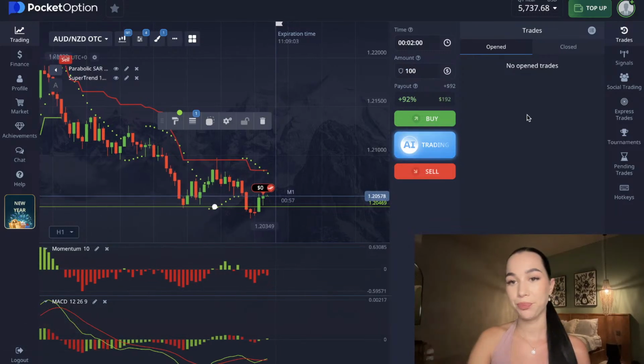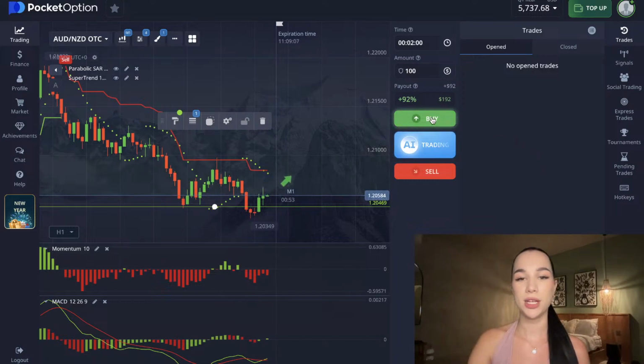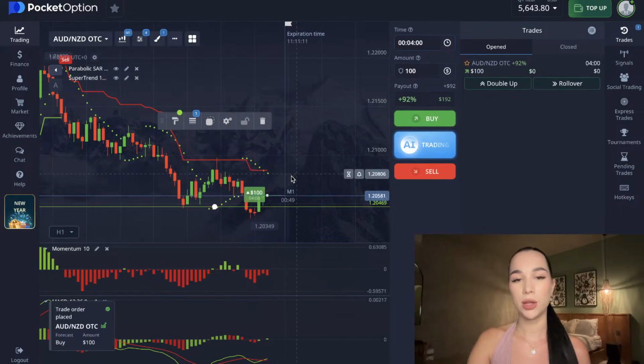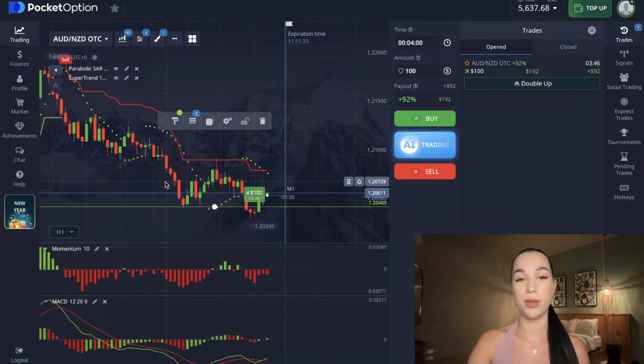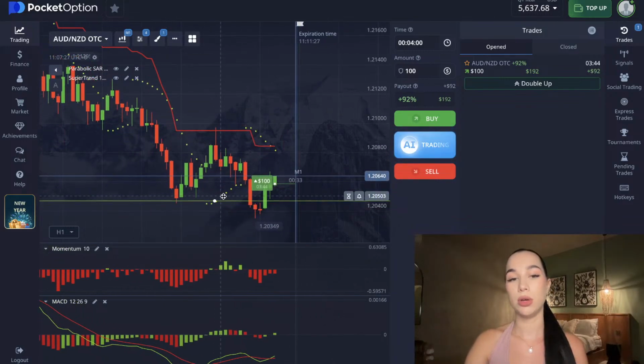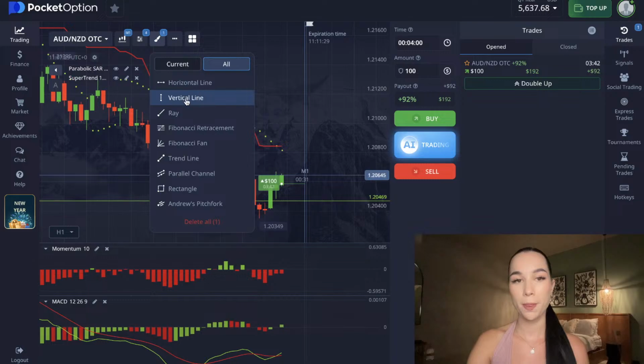So as you can see, I'm always showing you, guys, the truth, how it's actually working. I'm not trying to say, oh, guys, this is the perfect strategy that works absolutely for everyone or something. So here I opened another signal for $100 already, up for 4 minutes. I decided to open it for 4 minutes because here we can see the reversal started after some downward movement. And we can see, by the way, here,